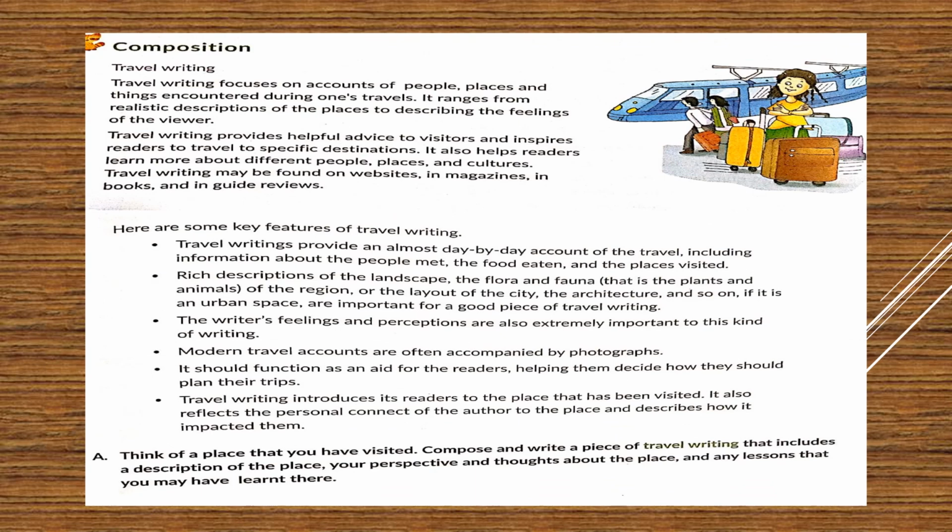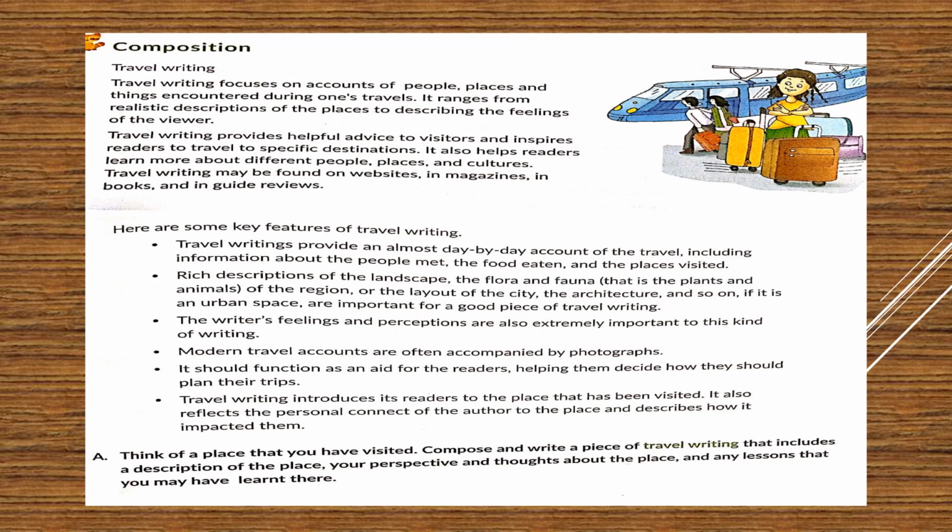Coming to the composition, what is travel writing? Composition basically means paragraph writing and essay writing. So what is travel writing? When you're writing a travel account, you generally write about the people, the places, the things you have encountered or faced while traveling. It can be about describing realistically the different places or the feelings. Generally, travel writing helps other visitors and inspires them to travel to a certain destination that you're writing about, okay? Because of your article, people might be inspired by looking into the places and cultures which you have described